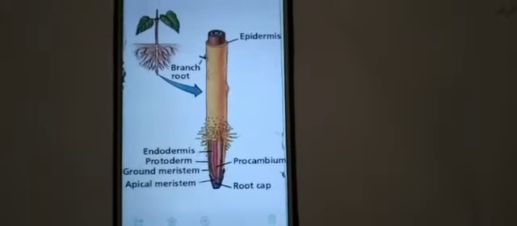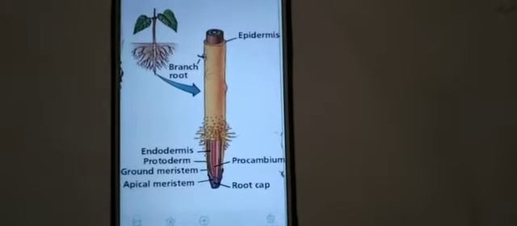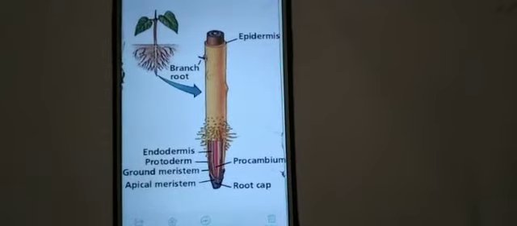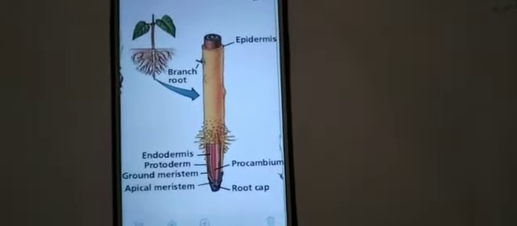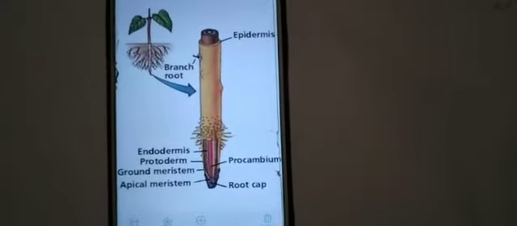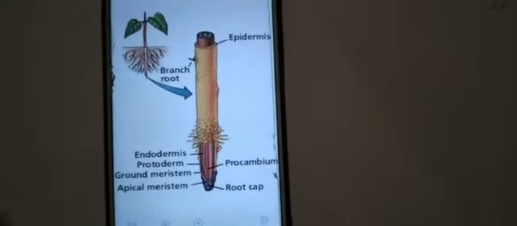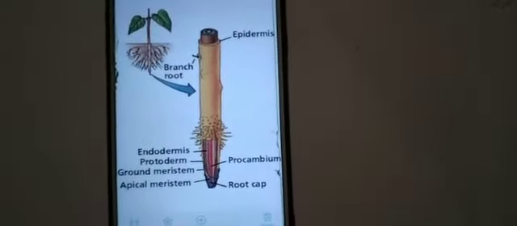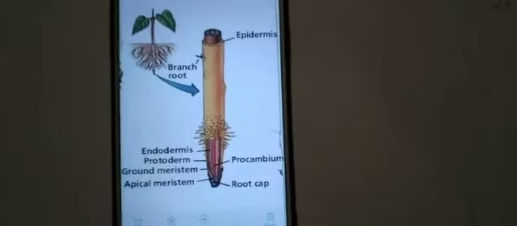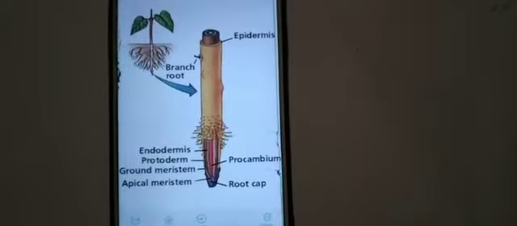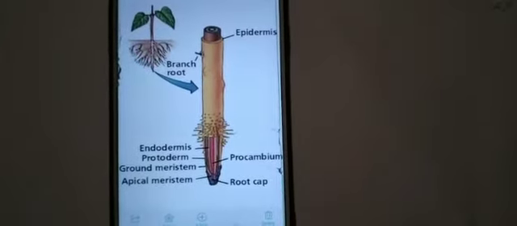Since they are xerophytic, meaning plants which grow in areas with less water content, in desert plants water availability is very less. So to avoid transpiration, they have adapted with this kind of modification. That is, they have a thick waxy cuticle. It prevents the escape of water through the transpiration process.